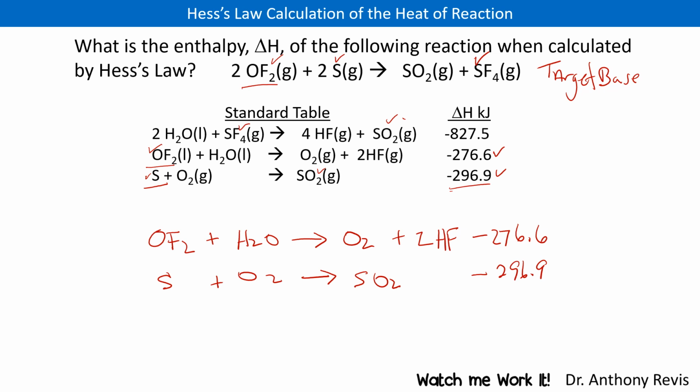So when I flip the equation or reverse the equation, what you do is rewrite the equation from the standard table in reverse order, and I tend to just write it just like this. Write your products, what used to be the products, turn them into the reactants, and then you'll have your reactants that you turn into the product side. Make sure you don't lose anything in your balanced equation. You'll need those, H2O. And then since I reversed or flipped this, it becomes a positive now. So this is a plus. I'm just writing a plus so I can keep track of it. It's a positive number,